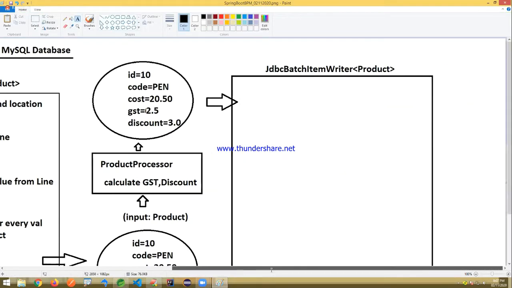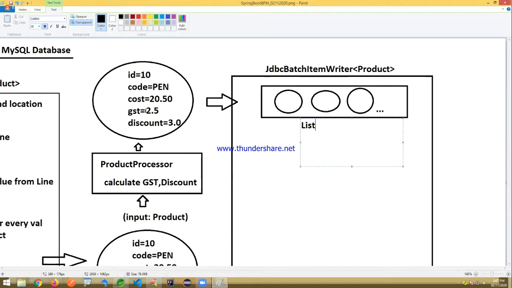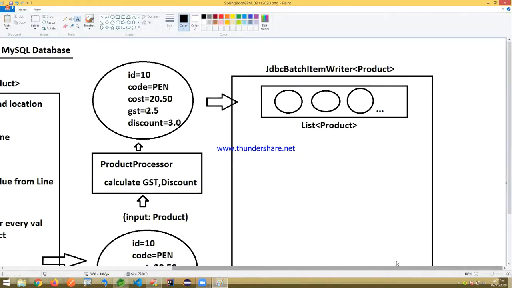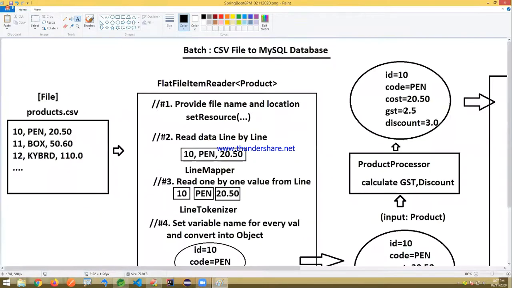Whatever objects we are receiving here will all be stored in a collection until the chunk size is received, and so on. That is stored in the form of a list of product. First of all, if you want to write it to a database, we need a database having a table.